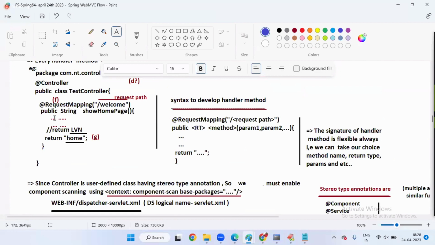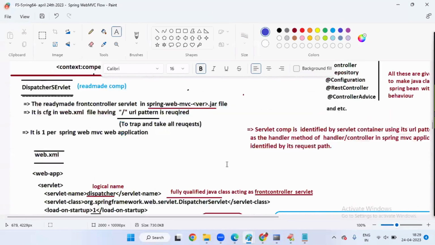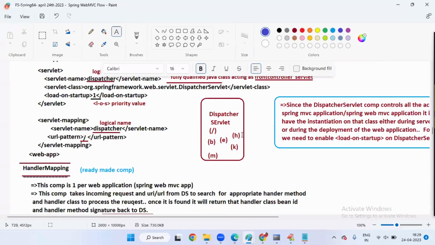Here there is no logic, nothing is there, it just returns a logical view name, G. What is the logical view name? Home. This logical view name goes to the dispatcher servlet, H. That logical view name comes to